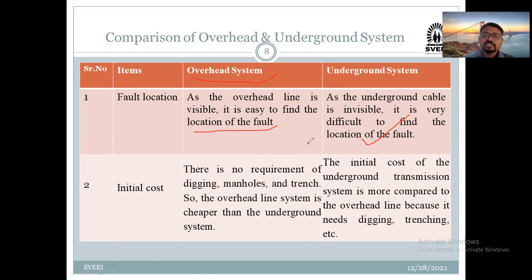पण तसं ओव्हरहेड सिस्टीम मध्ये तुम्हाला कुठं खोदावं लागणार आहे का? Whether it is necessary to dig that particular ground level and then you have to install it? No. And whether it is necessary to put any mark there, trench mark is there? Okay, no, it is not necessary in the overhead system. That's why whatever the overhead system is, that is very, very